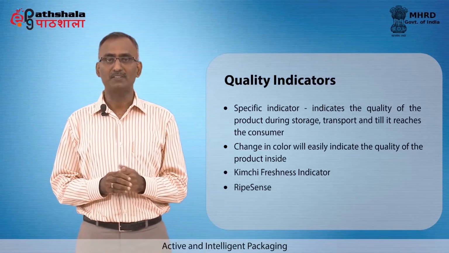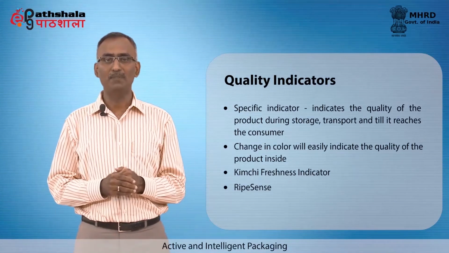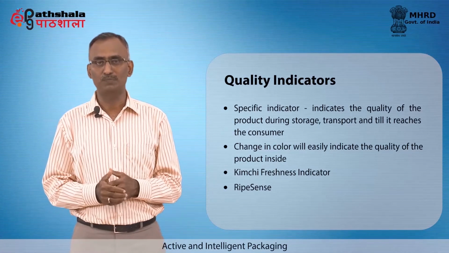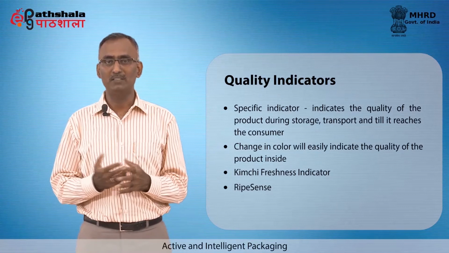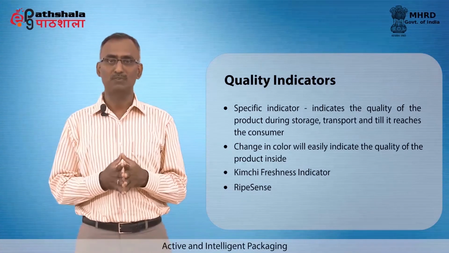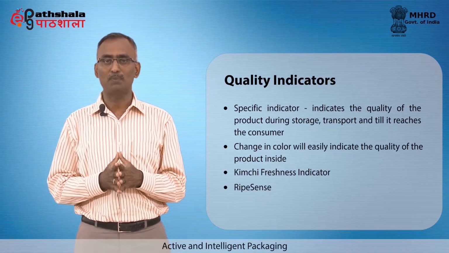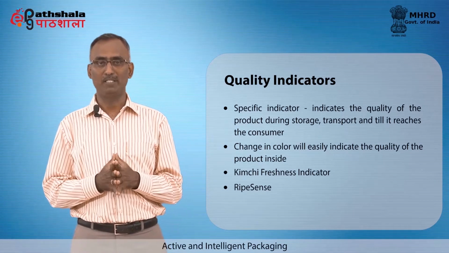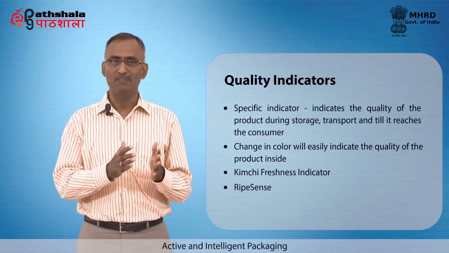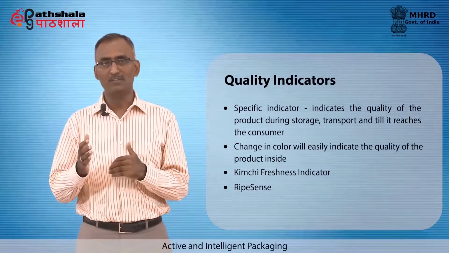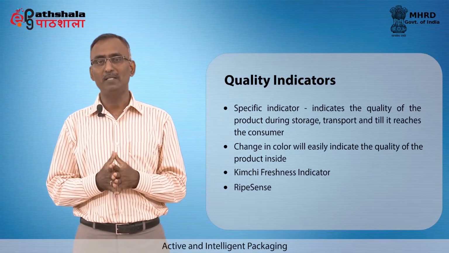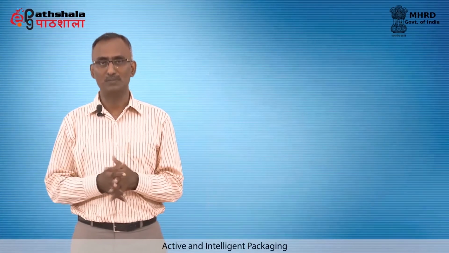Another type is RipeSense, another product developed in New Zealand to identify the ripeness and quality of the fruits. The indicator was developed for pears since the consumers find difficulty in assessing the ripeness of this fruit. This sensor detects the aroma compounds coming out of the fruits during ripening. The aroma makes the indicator change the color from red if it is firm, through orange, to yellow if it is juicy. After success with pears, now efforts are being made to develop indicators for other fruits also.